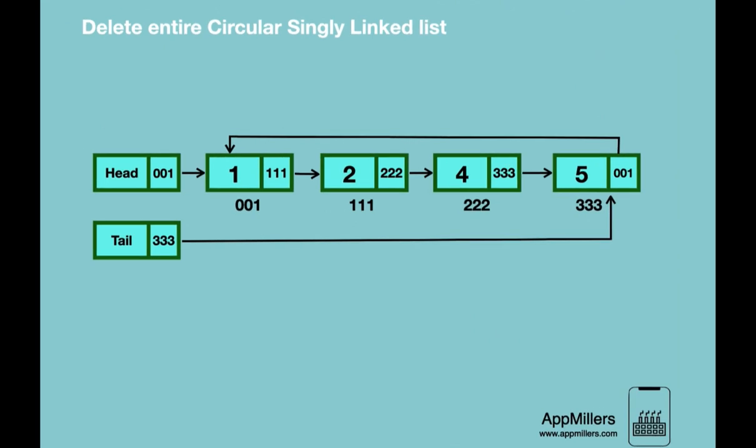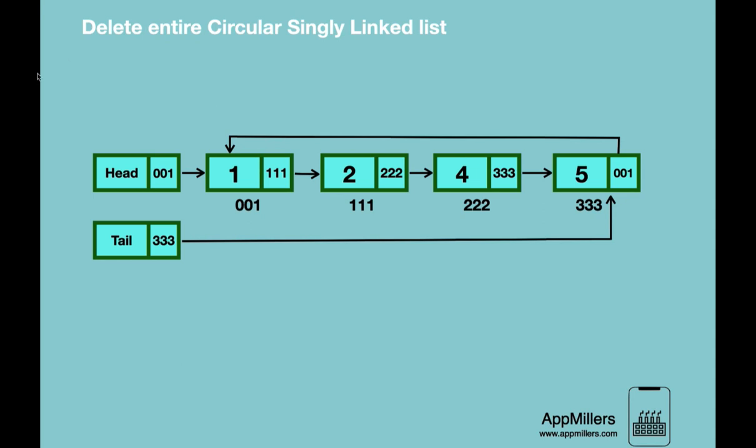Alright, in the previous lecture, we looked at deletion of a node from a circular single linked list. Now in this video, we will look at how to delete the entire circular single linked list, and we will implement it in practice. The steps are very simple, because all we have to do here is delete 3 references,